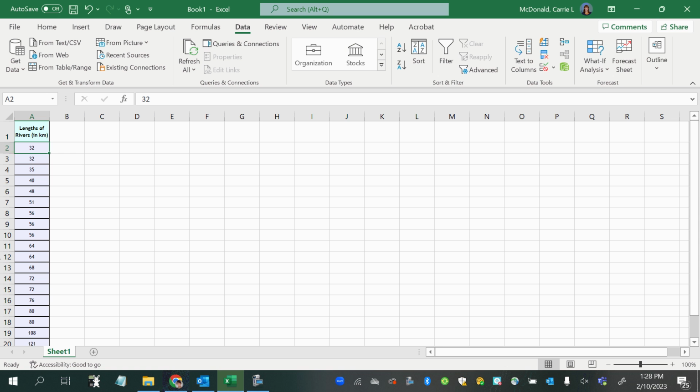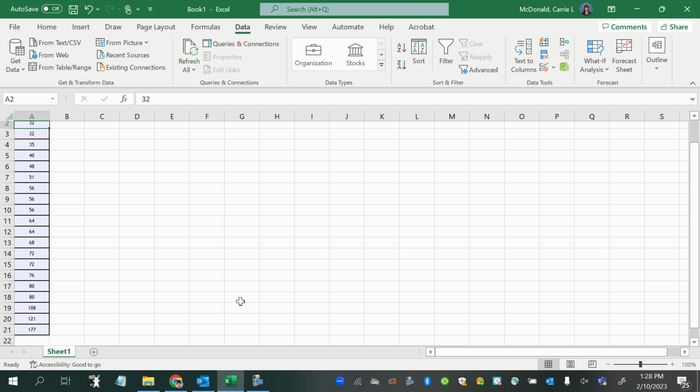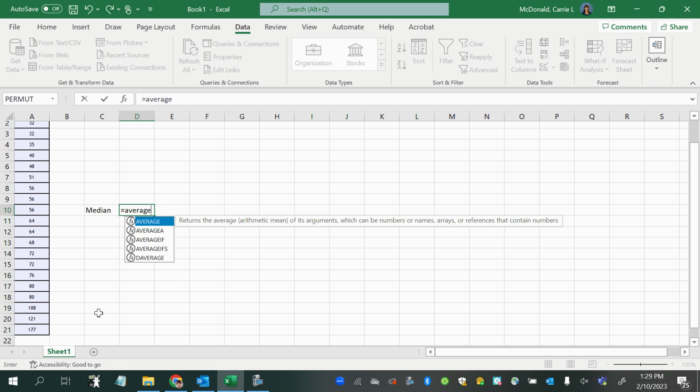So here we have, looks like there's 21 rows, but the first row is a header, so there's 20 observations. So then in between the 10th and 11th value would be the median. Since this is an even number of data values and I don't have a middle value, I'm going to average the 10th